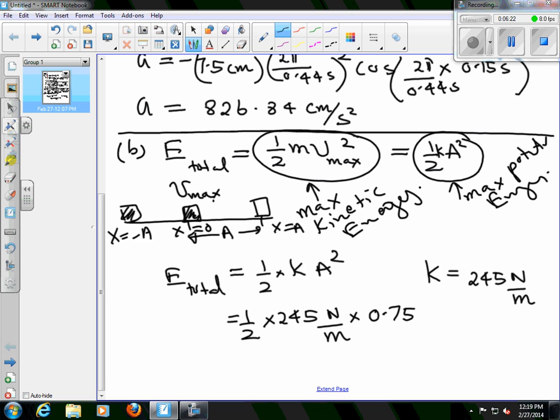Because you need to put this in meters. Because the spring constant is given in Newtons per meter, you have to substitute it in meters, so 0.075 meters squared. Which is equal to 0.075